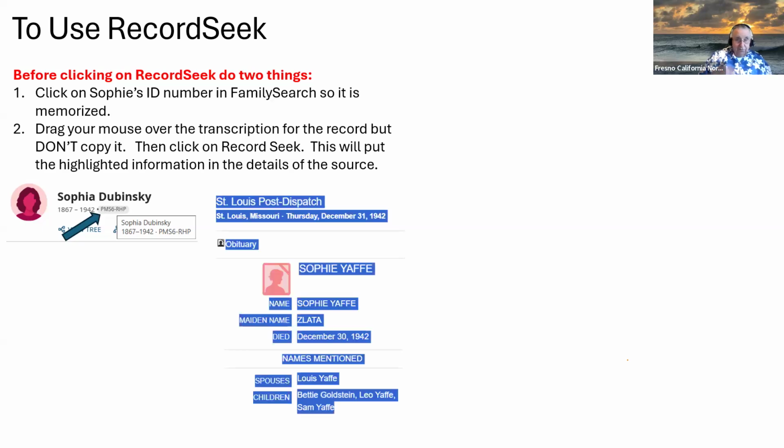Then the second thing is we're going to open up the source we want to actually attach, and we're going to highlight. We're not going to do copy and paste. We're just going to highlight, in this case, the information in the transcription. I'm not going to do this to the actual image. We're going to do it to the transcription page that links to the image. So just highlight that, and you'll see why in a second. Then at that point, you would open up